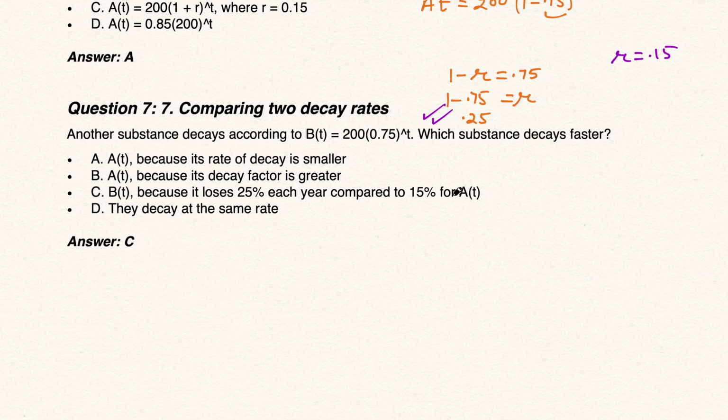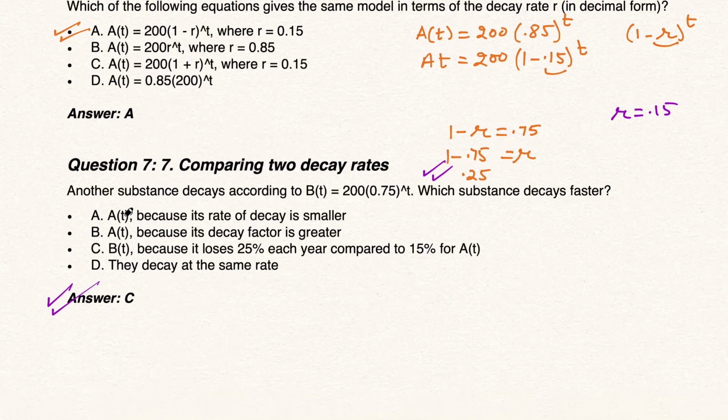That means it will decay faster. So which substance decays faster? A(t) because its rate of decay is smaller, A(t) because its decay factor is greater, B(t) because it loses 25% each year compared to 15% for A(t). So yes, C is the right option. I think, yeah,